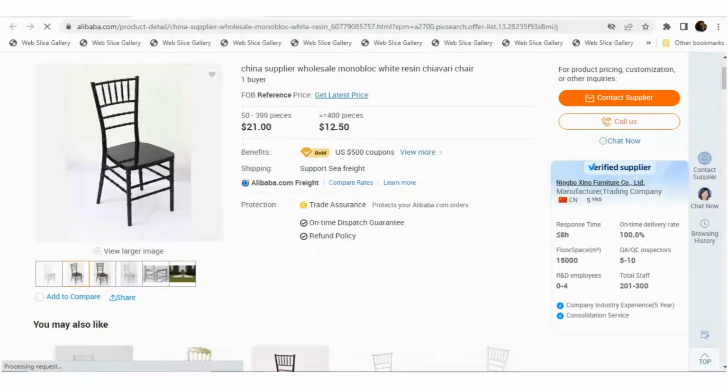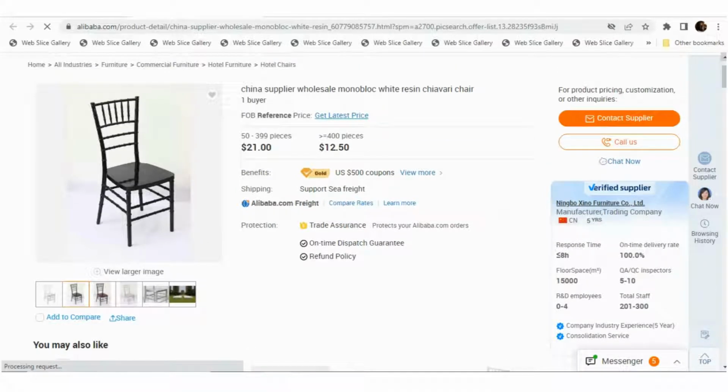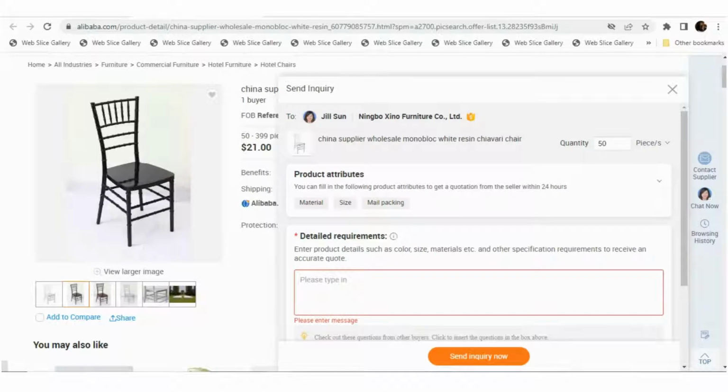Just to see what you can buy. Let's say you are interested in this product and you want to see maybe a full catalog, not necessarily having to scroll through, or even a price list. If you want to know the prices, you just click on your contact supplier here. So if you have an Alibaba account, it will automatically open this chat box where you can send your message to the supplier. So you can just type your name,